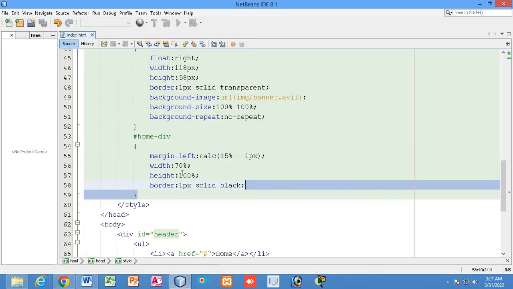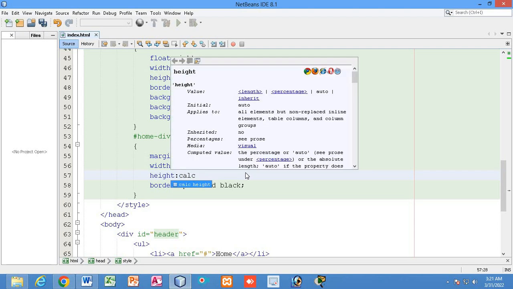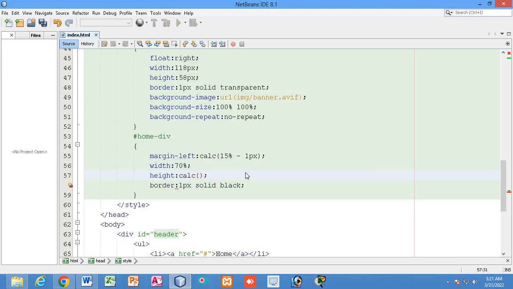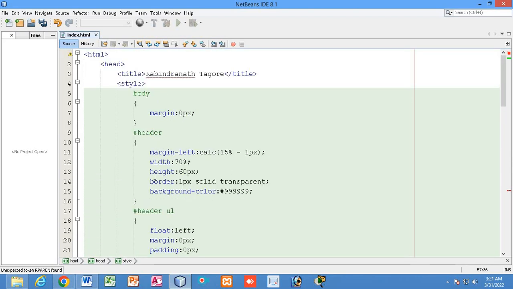So height I will write, height will be 100% minus how much? Height of the header. What is the height of the header? 60 px, right? What is the border width? Top border width 1 px, bottom border width also 1 px. So in total 62 px, right?